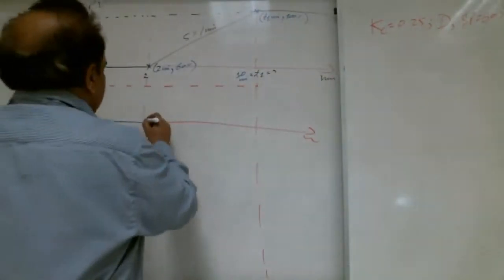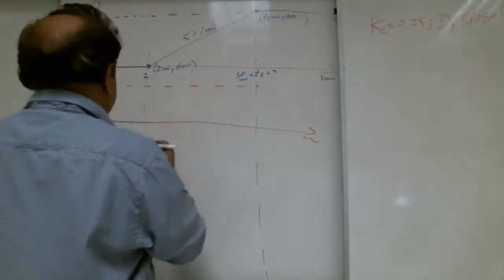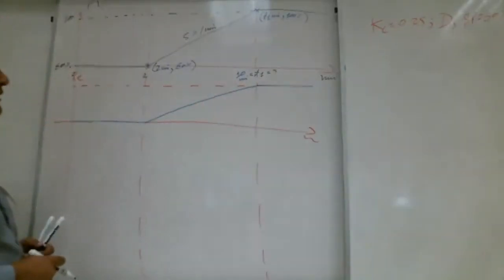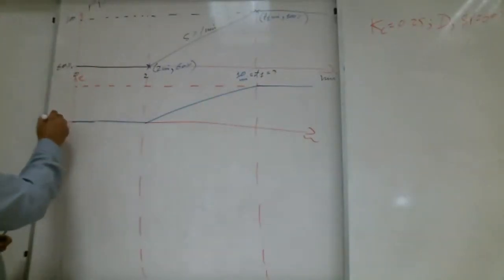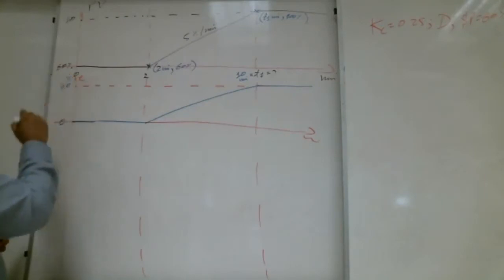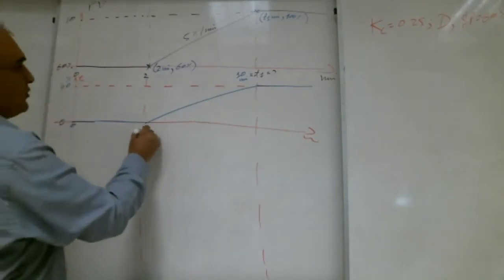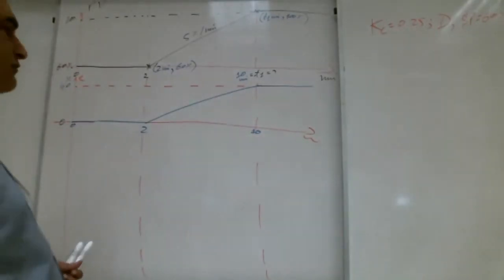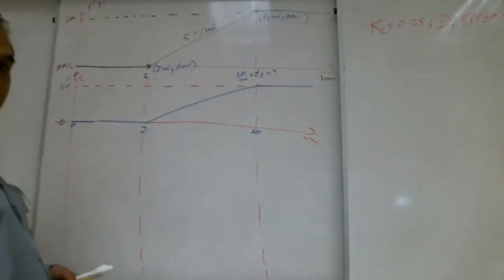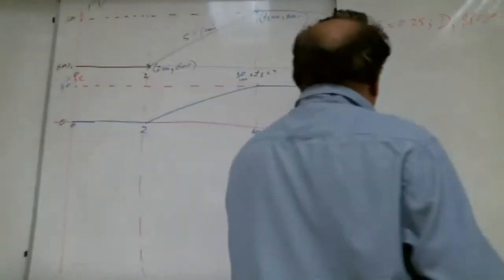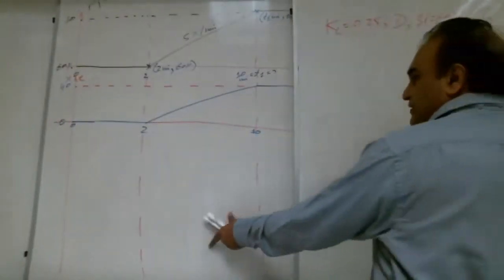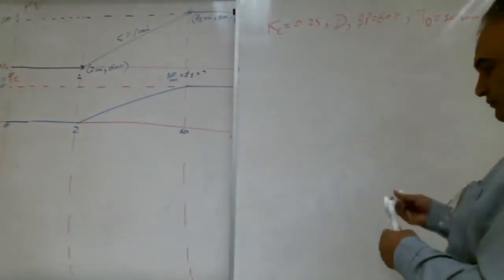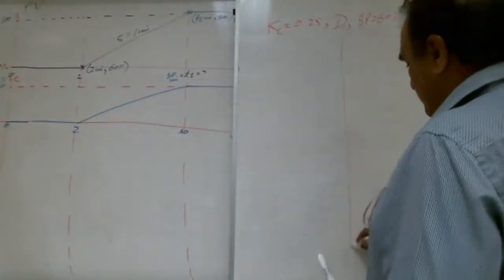40. That's good. A lot of brothers are writing 40. That's very good, Shabab. And then it becomes constant. So here 0, here 40%. This is 0, this is 2, this is 10. Shabab, what is the next step? How many parts do we have? Yes, very good. 3 parts. Very good.